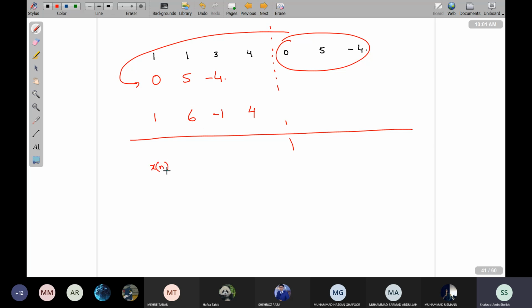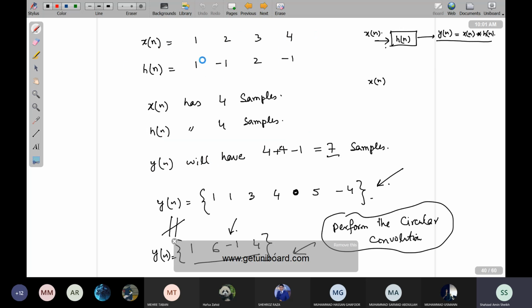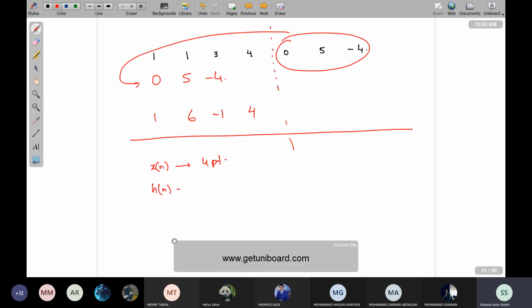तो अगर मैं ऐसा करूं कि मेरे पास x of n था जो 4 पॉइंट था, h of n था which was of 4 point, but the original length of my convolution is 7 point. So if I do कि x of n को भी 3 zeros पैड करके मैं 7 point sequence बना लूं, h of n को भी 0 पैड करके मैं 7 point sequence बना लूं, because I know that by padding the zeros is not introducing a new information, it is just increasing the resolution of that,